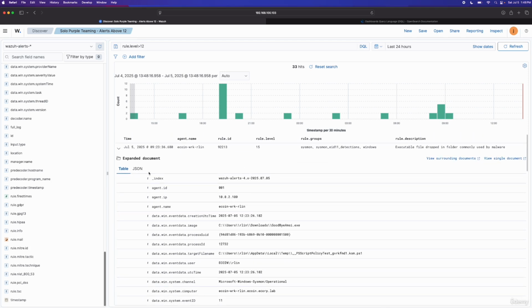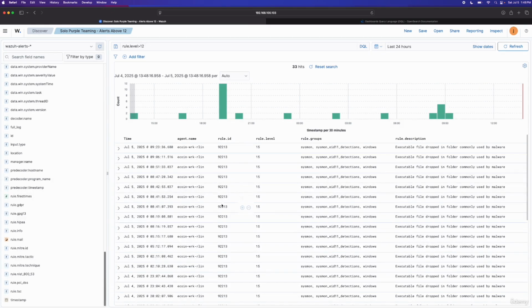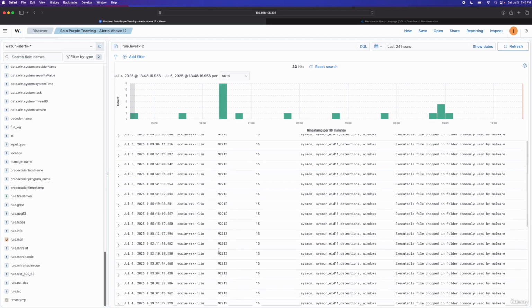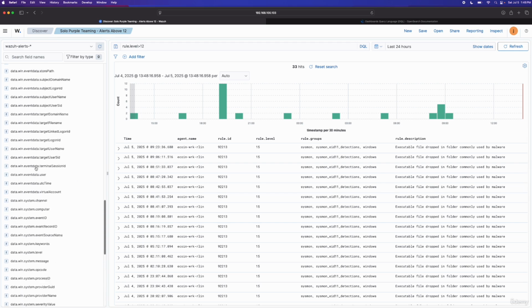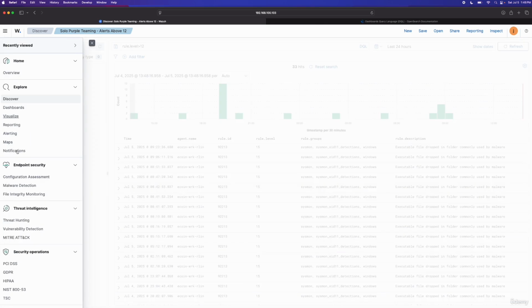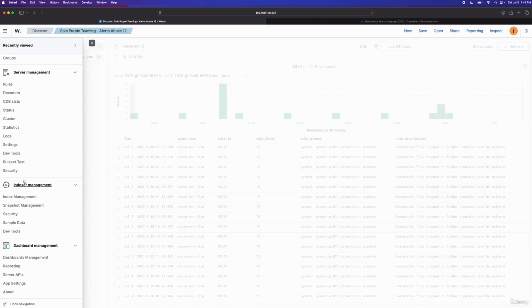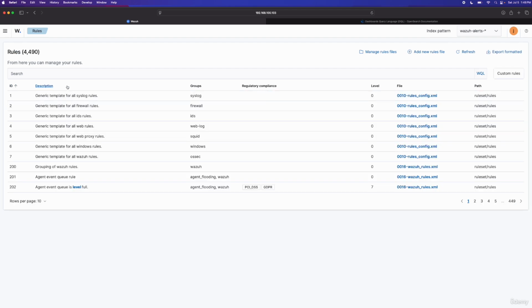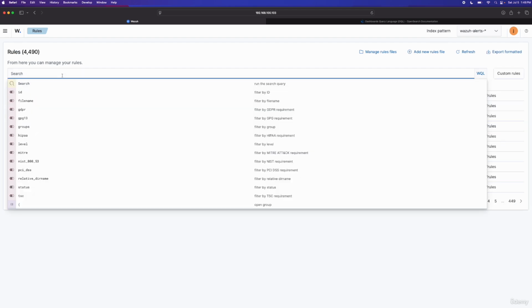Now in here we can see that the rule ID that is causing all these false positives is 92213. I can modify that rule. So I'm going to go ahead and go to the hamburger button all the way down to server management, and we'll look for rules, and I can search for that particular rule by ID. So 92213,